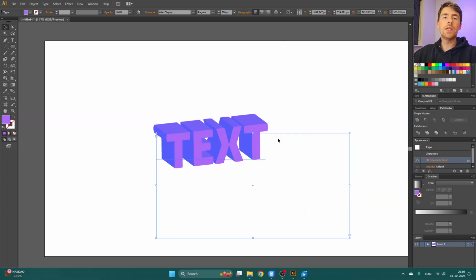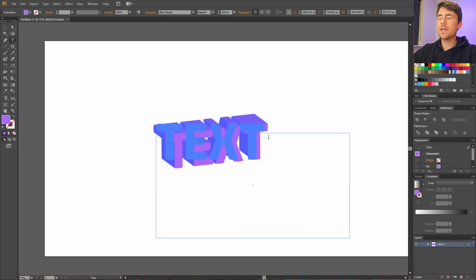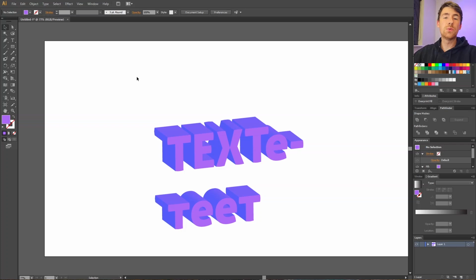But because the 3D effect is an effect, we can still edit the text and add more or fewer letters like this. And that is how we extrude text in Adobe